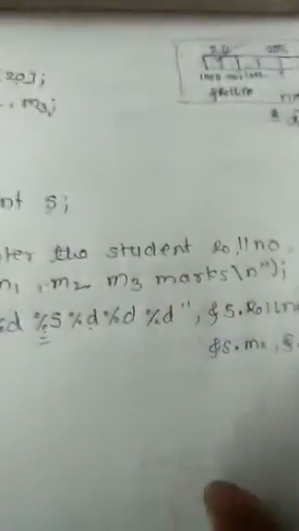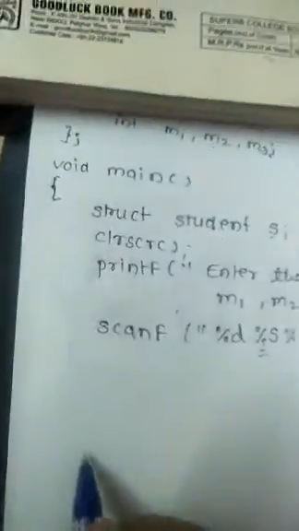Got it? Next, we have successfully accepted the information from the user and stored it in memory in this format. Now you want to display in a format like this. I want to display this data in a format like this: what is my roll number, what is my name, and what are my M1 marks, M2 marks and M3 marks. You accept the information using this scanf statement. Now you use the printf. This printf statement displays your data.